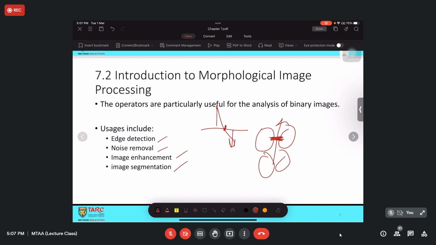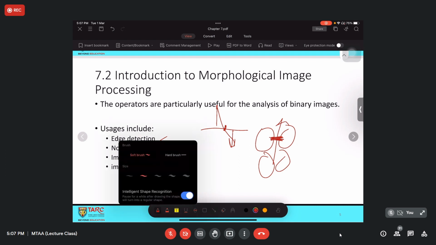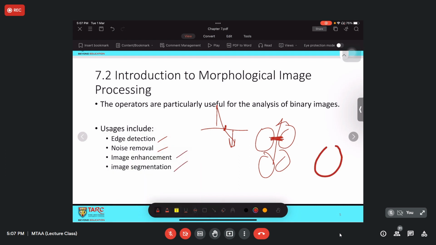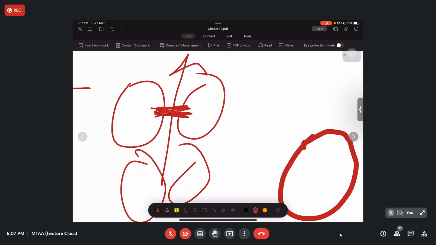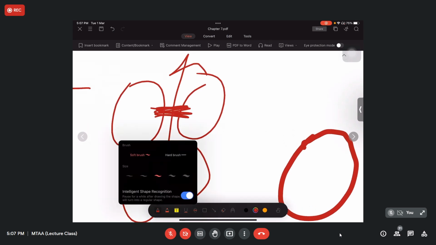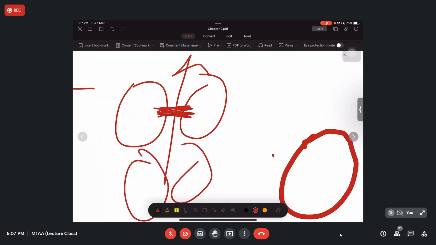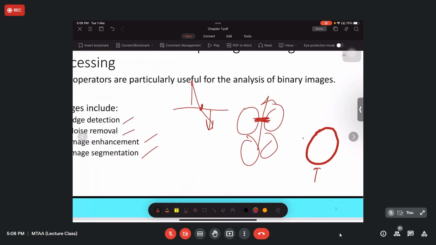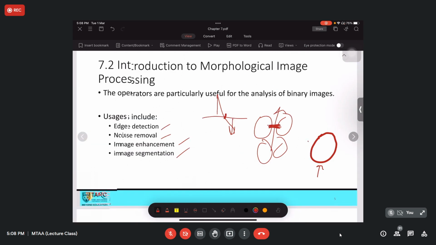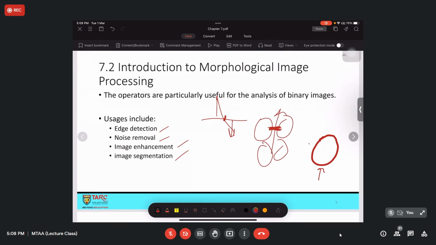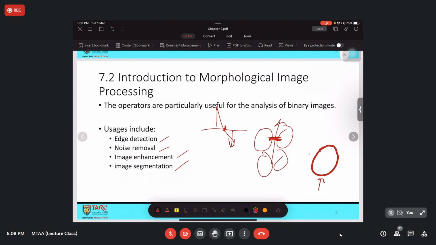For example, if you have a very thick edge, after you perform the edge detection using the morphological operation, the edge obtained might not be the correct edge. Nonetheless, the overall edge detection method using morphological operation is quite simple.